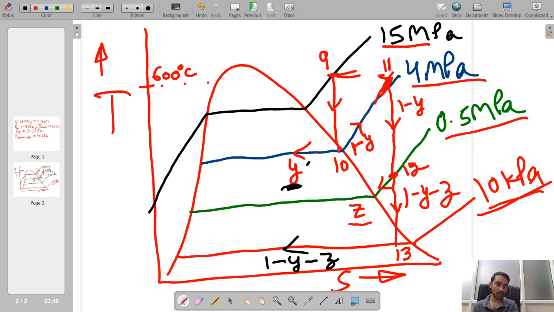Okay, so with this y in the bracket I am writing C. So this C is representing the fraction passed through a closed feed water heater, and whatever this Z amount we have taken, this Z amount is nothing but corresponding to that of an open feed water heater O.